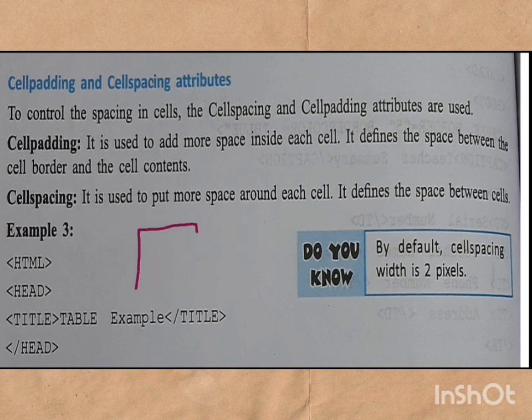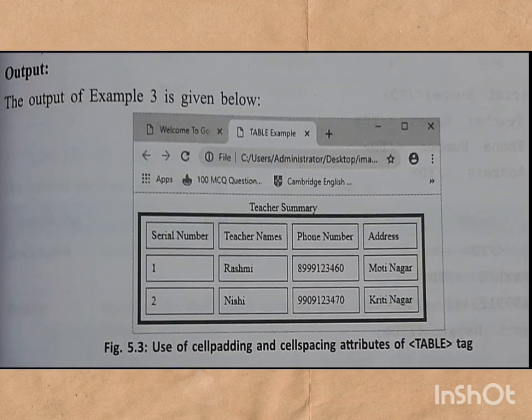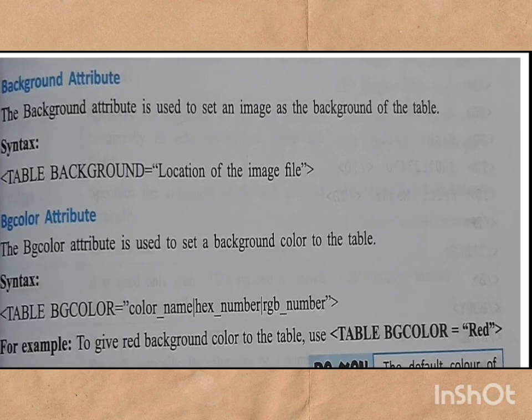Second, space between the cells. There are 2 cells and you want to increase this gap, then you will use cell spacing. So class, now let's see a program for it. So program started here, and they have given cell padding as 8 and cell spacing as 8. Same program, teacher name, address, Rashmi, everything is same. But if you see the output, there is more space than before. This space in between is also more, and space between this and the cell is also more than before. So you analyze yourself, go through it.